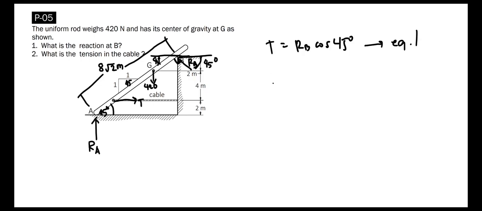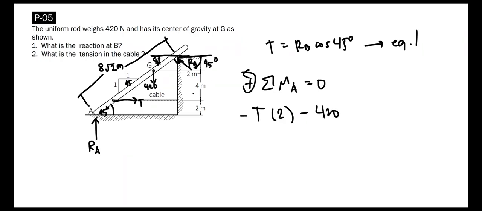Now next, we take summation of moment at point A equal to 0, considering counterclockwise to be positive. So we have the tensile force T that would induce a clockwise moment, so it's negative, times the moment arm distance of 2 meters. And then a moment of negative 420 due to its own weight, and since it is acting clockwise, it's negative, times the moment arm distance of this, since this is 4 meters and 2 meters,